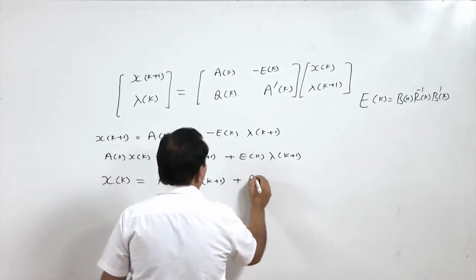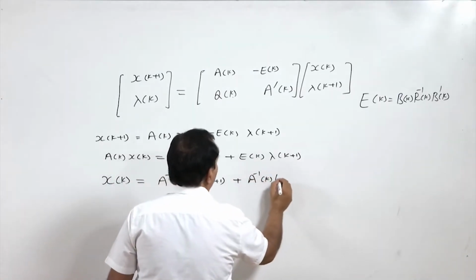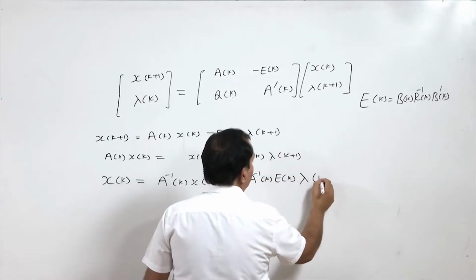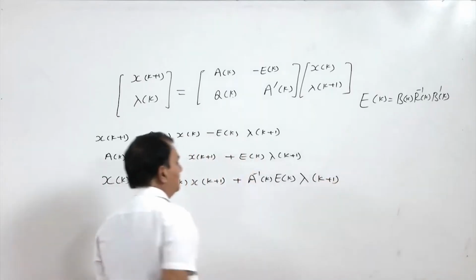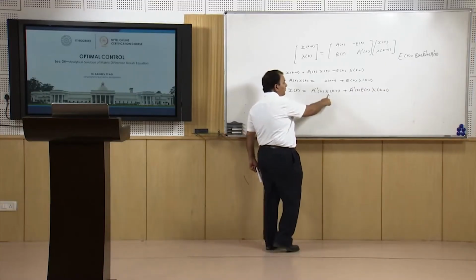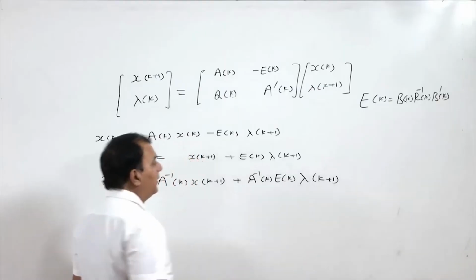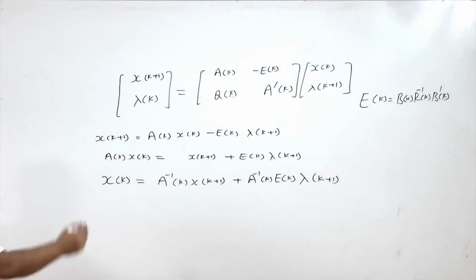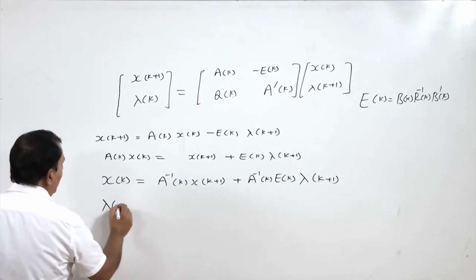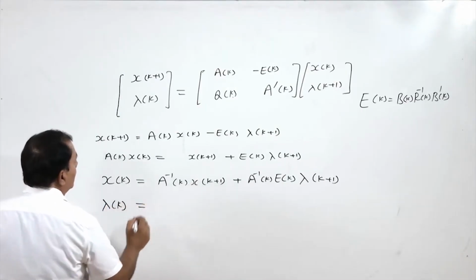So, this is A inverse k E k lambda k plus 1. So, now this x k I have represented in terms of the x of k plus 1, lambda of k plus 1. Similarly, the second equation is already given to me in terms of the lambda k, but